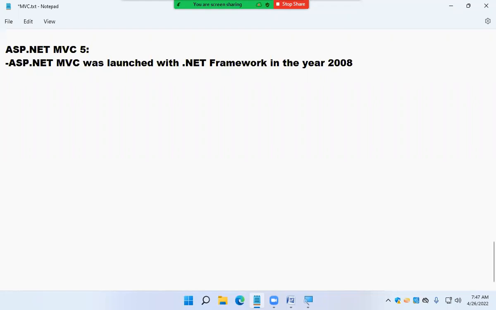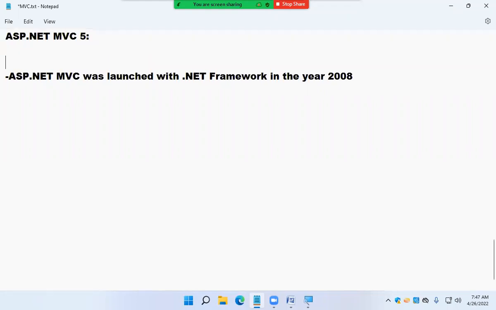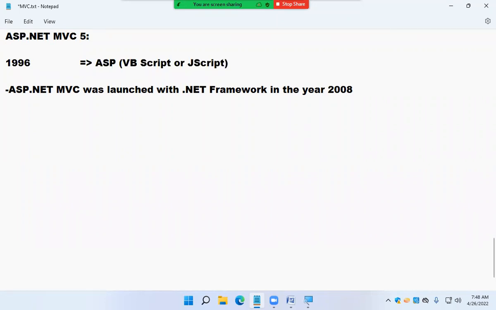I'll list you the history, like see. First, 1996, what came? ASP. And what is the language they used? VBScript or JScript. Actually, Microsoft designed JScript as a competitor for JavaScript.